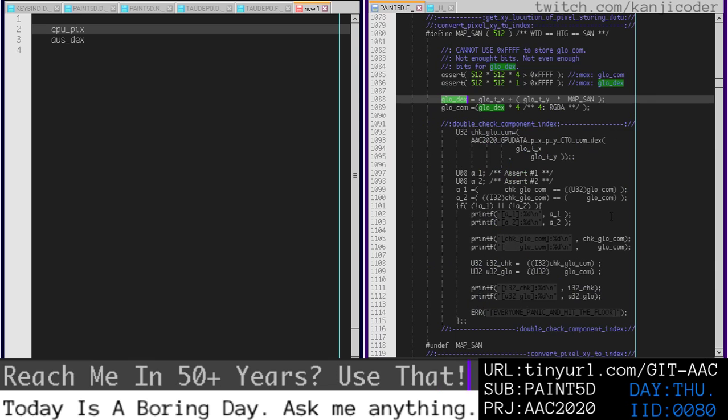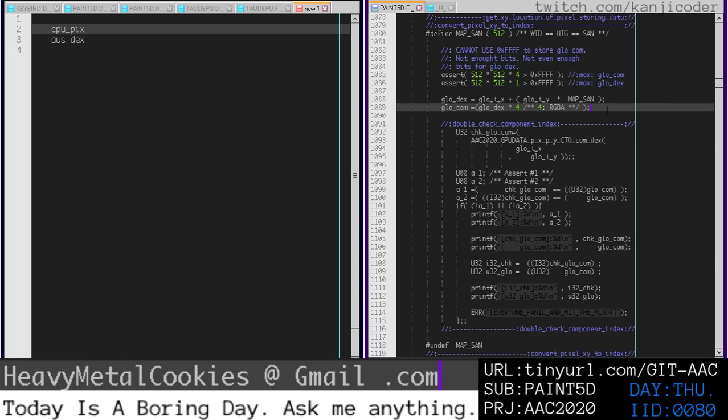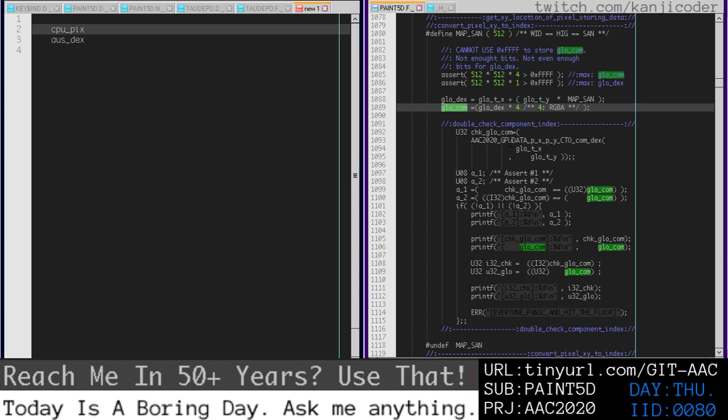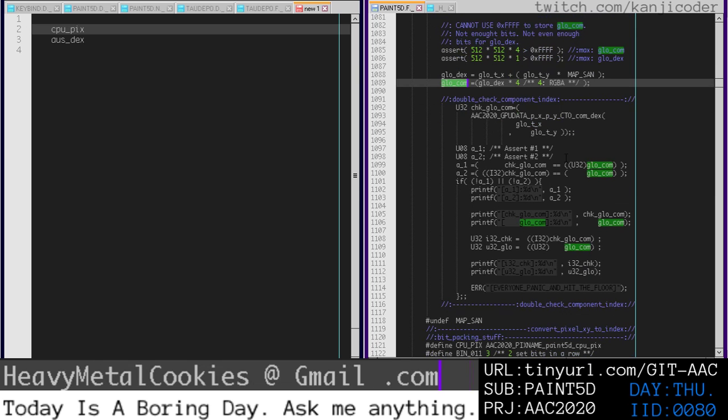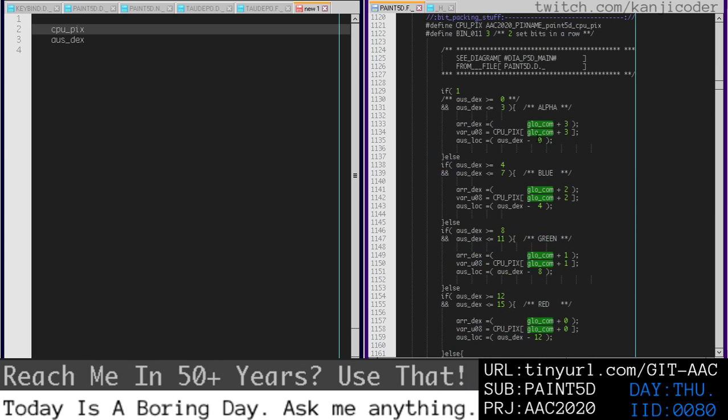But these are kind of calculating exactly where this is, calculating the first byte of the calculations. And I don't know if we need that in the calculation or not. So the global component, I'm thinking, is what we want. Like, so here, right, we have glocom plus this and that. That's definitely a variable. So I'm thinking